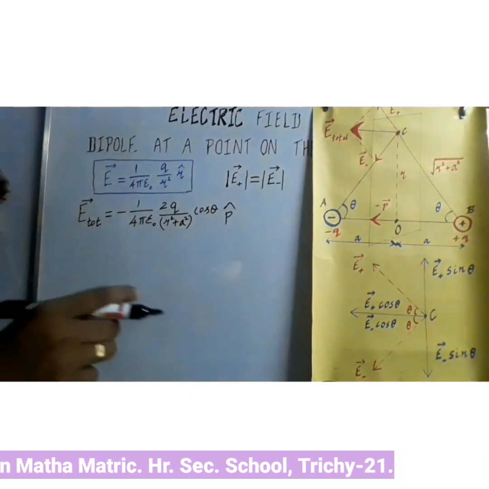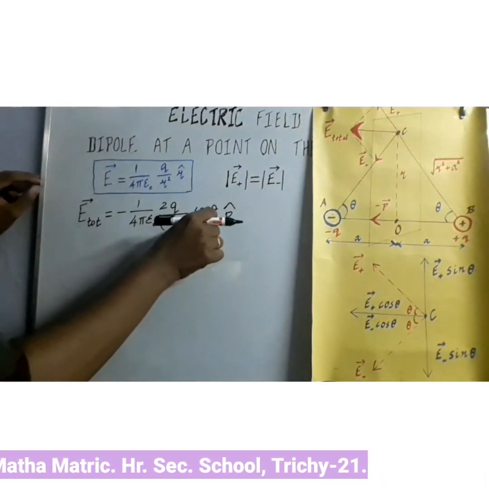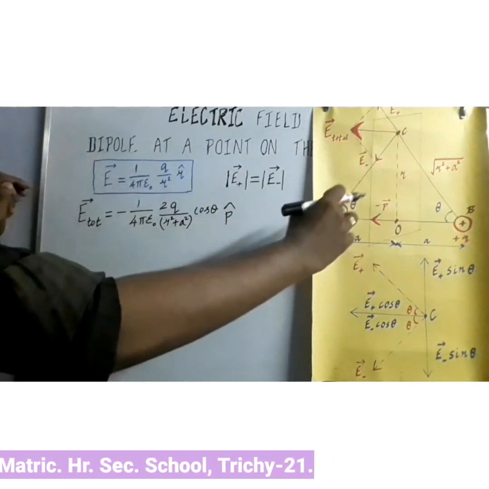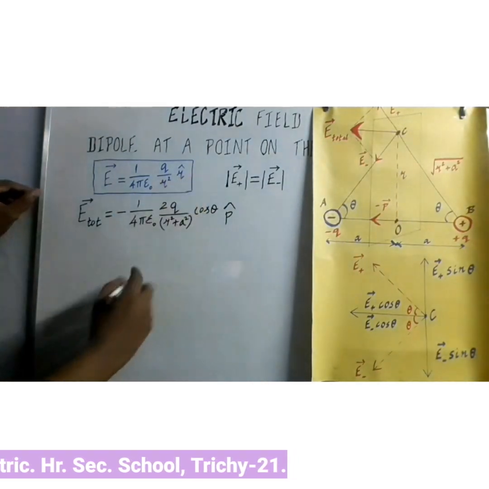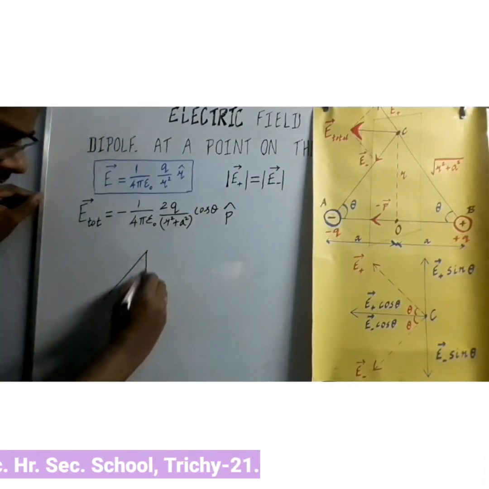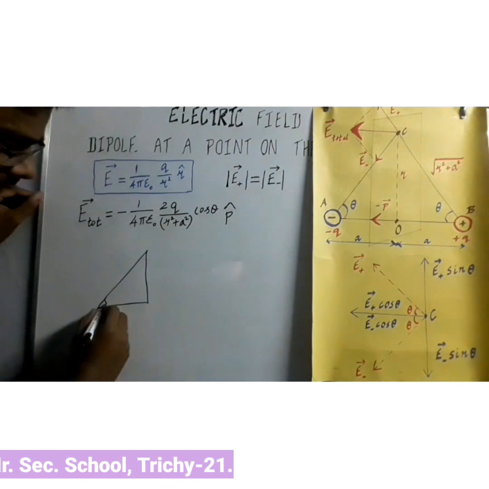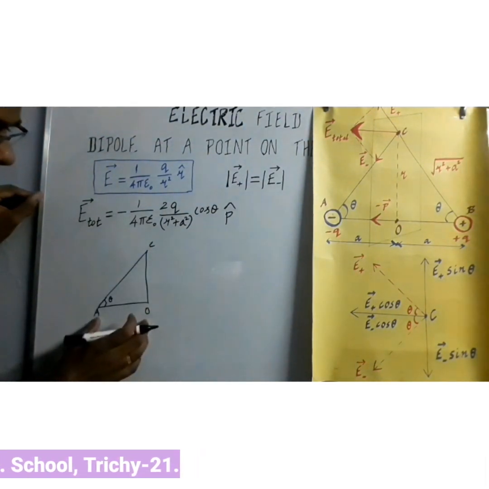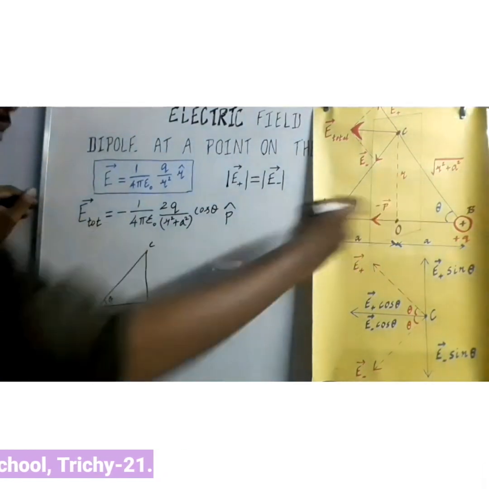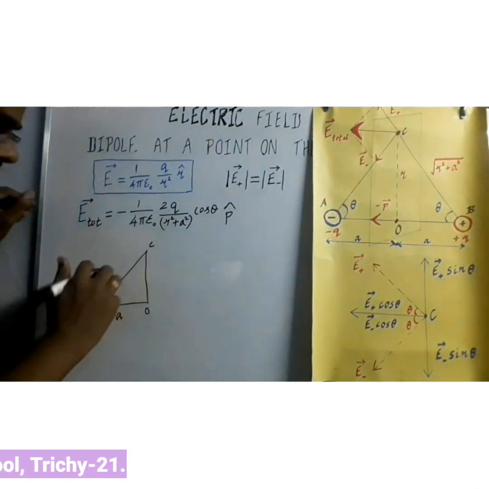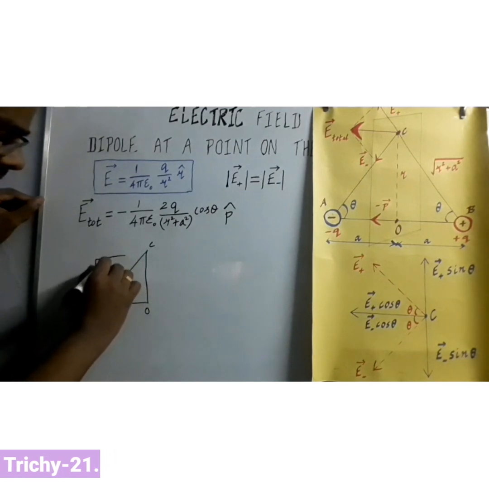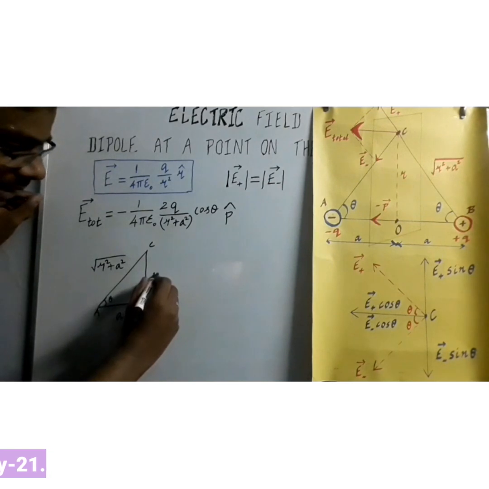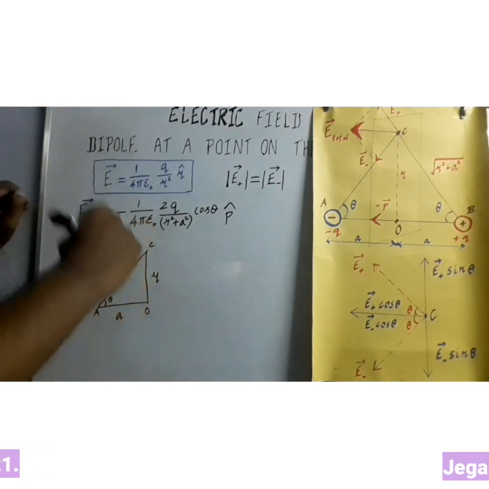Now you are going to apply the value of cos theta. To find the value of cos theta, we can take any one of the triangles, either AOC or BOC. I am going to take the right angle triangle AOC. Here the angle is made at C. What is the distance between A and O? That is a, refer to the diagram. What is the distance between A and C? That is the hypotenuse, root of r square plus a square. You know the distance between the midpoint O and the point C is r.